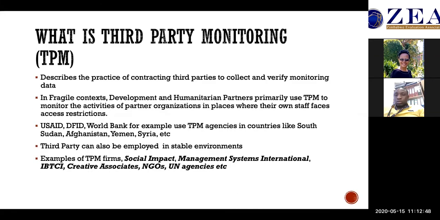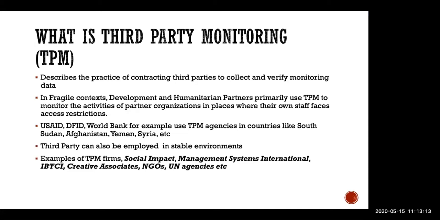Third-party monitoring describes the practice of contracting third parties to collect and verify monitoring data. This is other than the organization which is doing an implementation of a project, or an organization which is actually funding a project. So, for example, you can have maybe USAID or the World Bank. They have projects in various contexts. In this context, I'll give examples from a fragile context. So we are looking at countries like South Sudan, Afghanistan, Yemen, Syria,